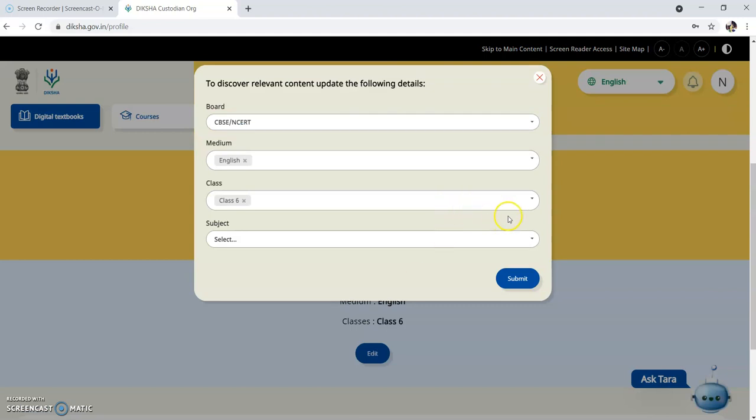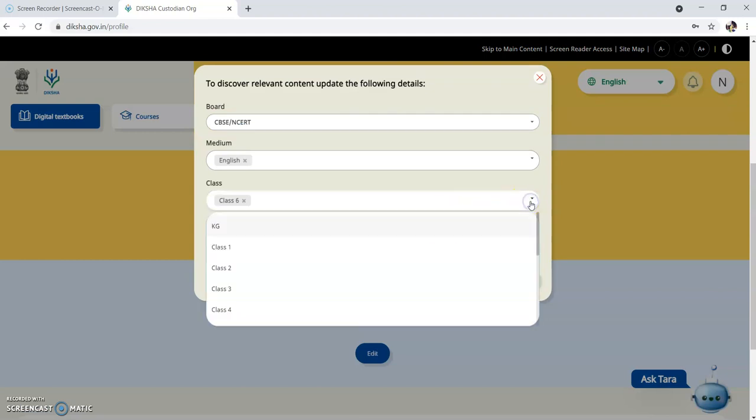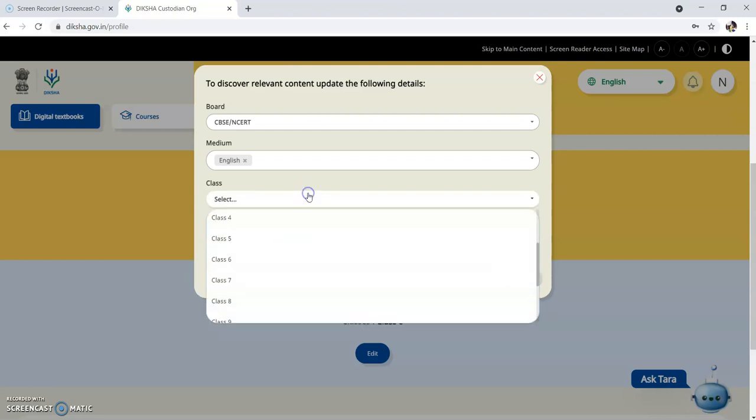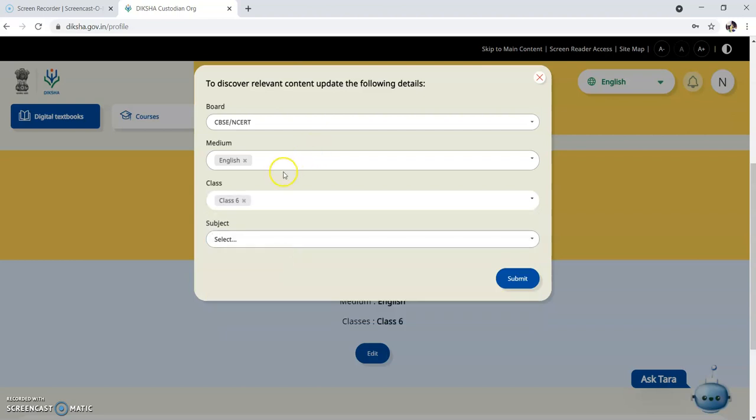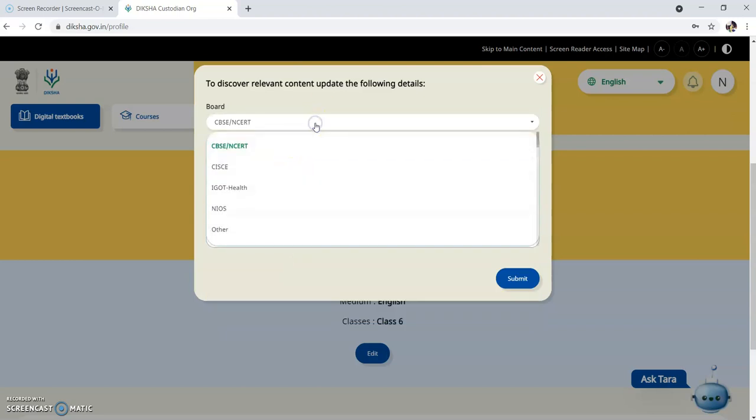If you are promoted from class 6 to class 7, you can easily change your classes from here. You need to scroll it down. So for now I have selected class 6th. Medium is English and the board is CBSE.